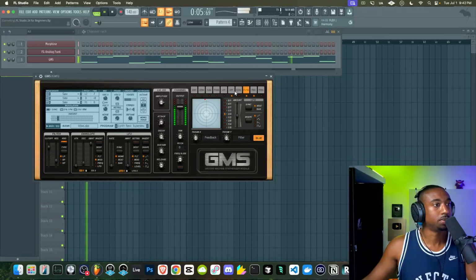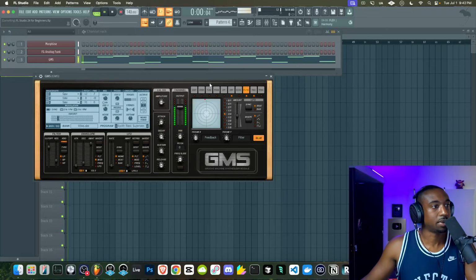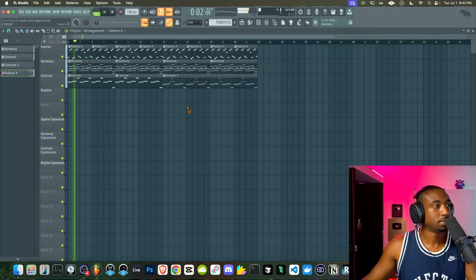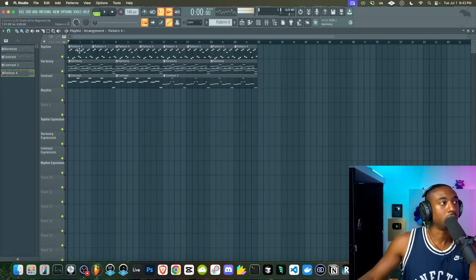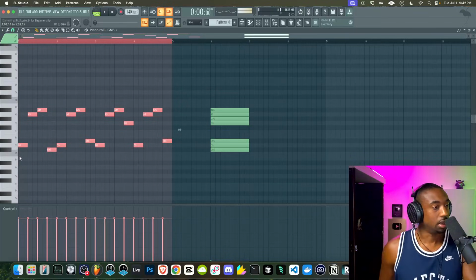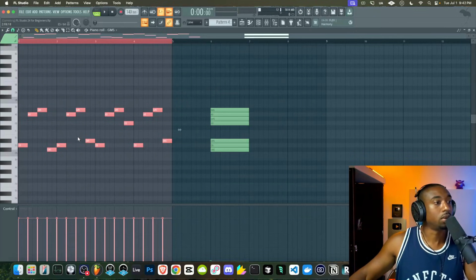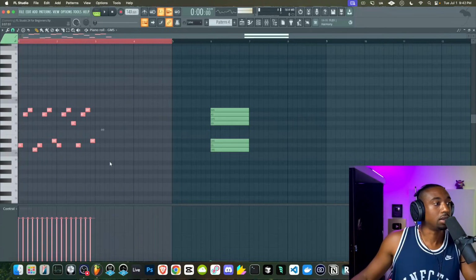Actually, this sound is cool. This is called Synth Basic Super Saw under Wise Labs. So let me show you guys a couple things you could do. You could double click inside of pattern 4. You could highlight your notes, hit Control and left click the highlight. You'll see this little arrow on the right side. Anytime you have an even amount of notes, you could hit Alt, left click, and just drag it to half the length. This will speed up the melody.